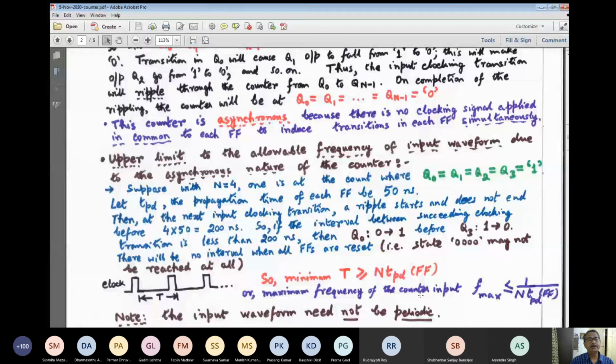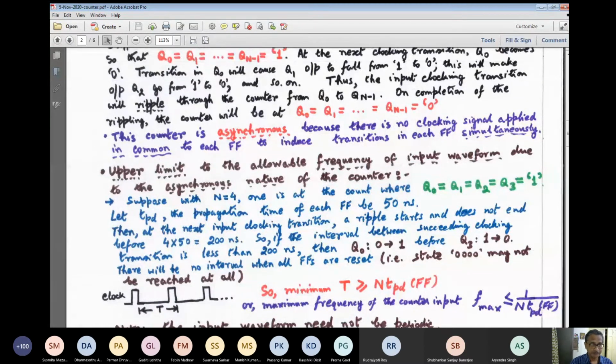But whenever we are deriving a clock frequency by some circuits, say an astable circuit or whatever, it goes without saying that the design of the clock generator will be such that you will get a periodic signal. So it is not necessary that the input clock waveform should be periodic in nature. Even though it is non-periodic, we just require a 0 to 1 transition and a 1 to 0 transition.